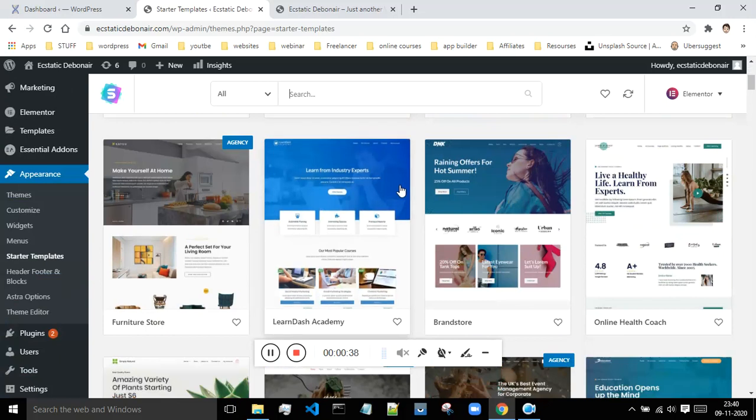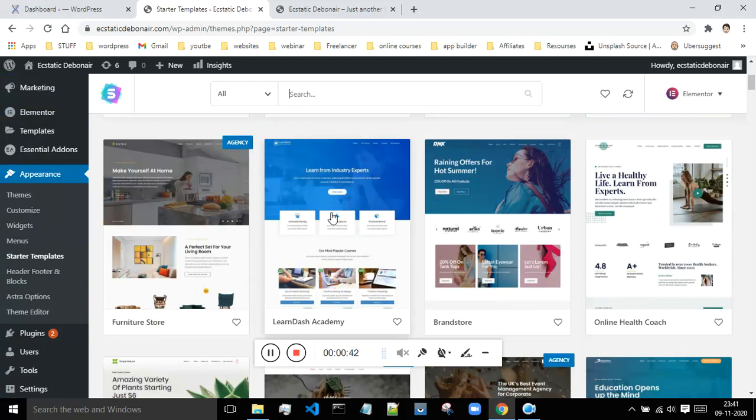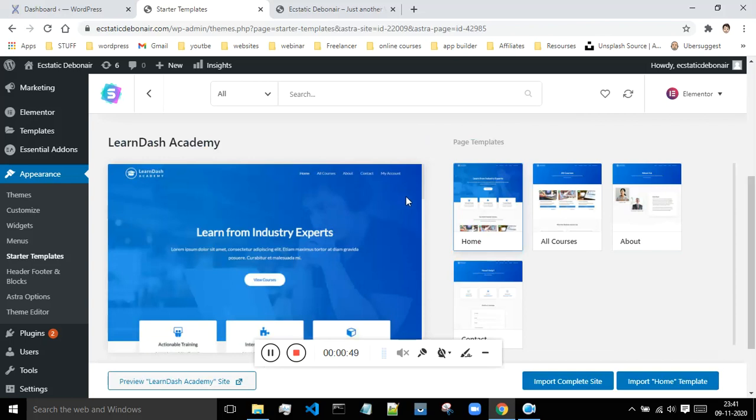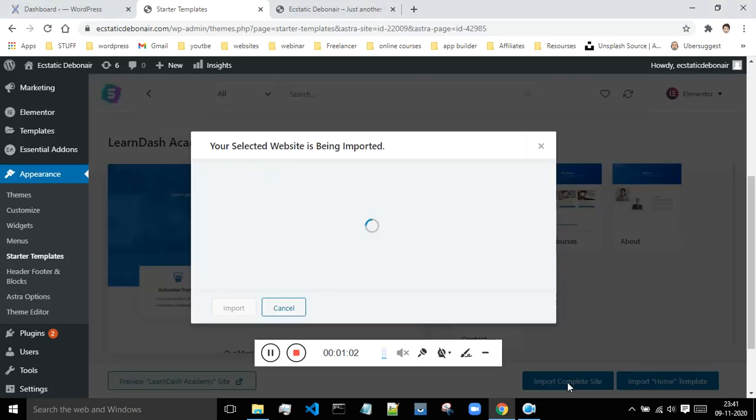Since we are building a learning management system, we have to click on this template over here. This is basically a template from LearnDash, so you will get this LearnDash Academy. Click on this, and along with it you will get 4 pages: home page, all courses page, about page, and this contact us page. Click on complete site,